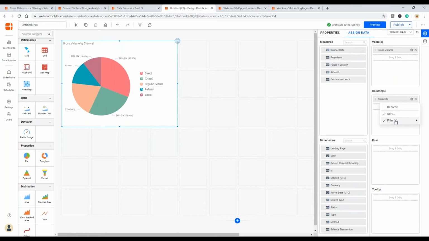By default, the filter would have applied to show the top 5, but as we have just a reasonable count, I'm removing that filter and allowing it to show the entire list of channels.